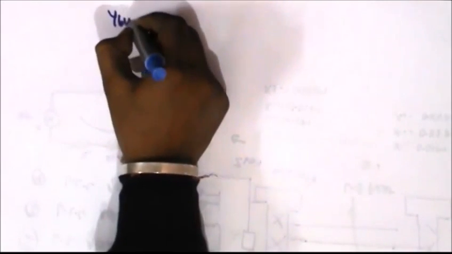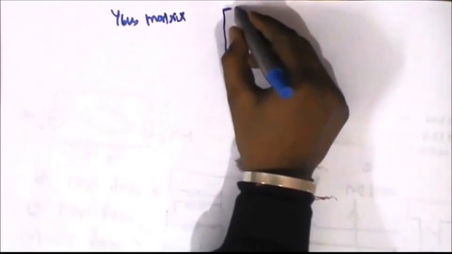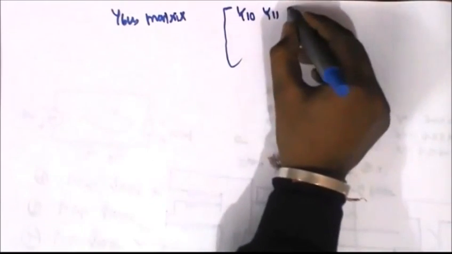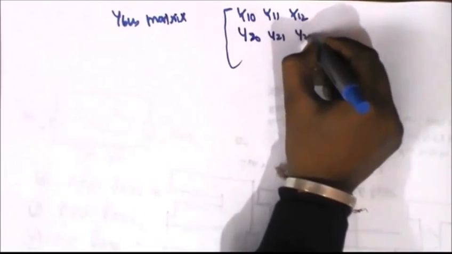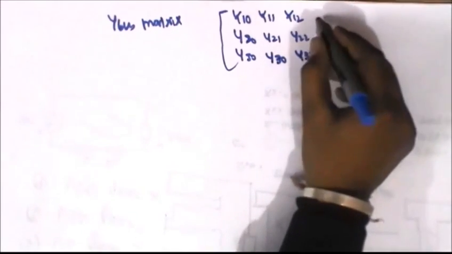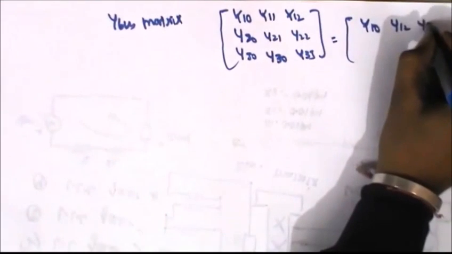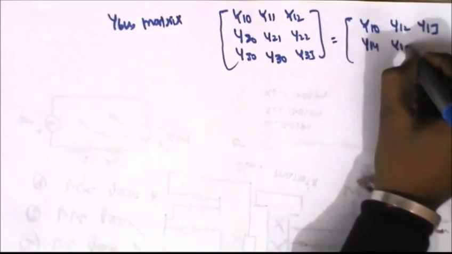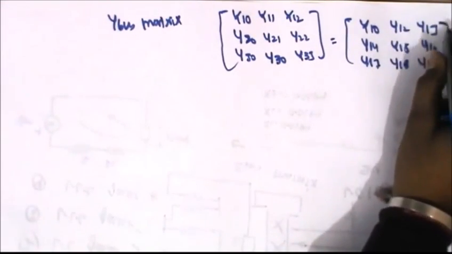What we will discuss in a Z-bus matrix: here we are using the Y-bus matrix, which shows that if there are some different loops like Y10, Y11, Y12, Y20, Y21, Y22, Y30, Y31, Y33, which is going to equal Y10, Y12, Y13 and so on. So for analyzing the power diagram,